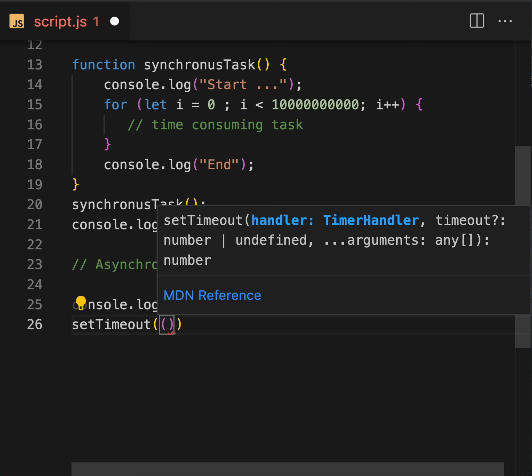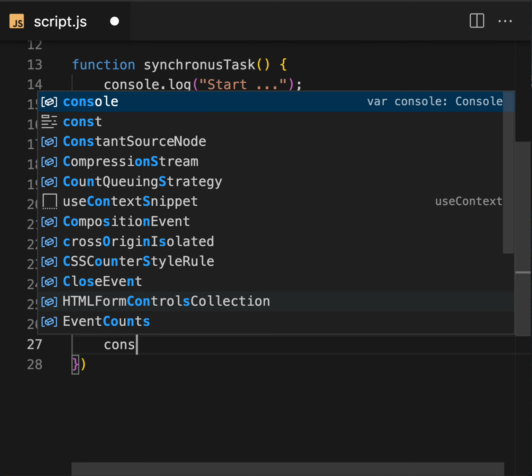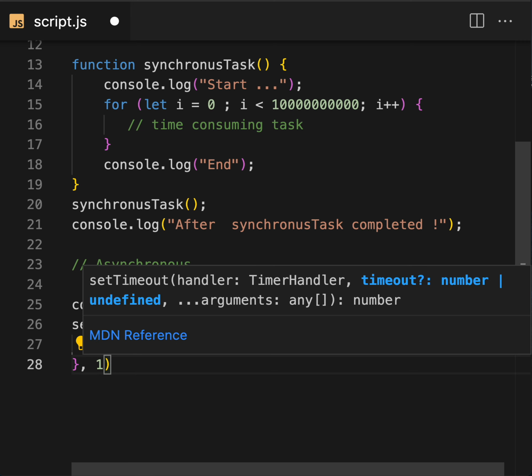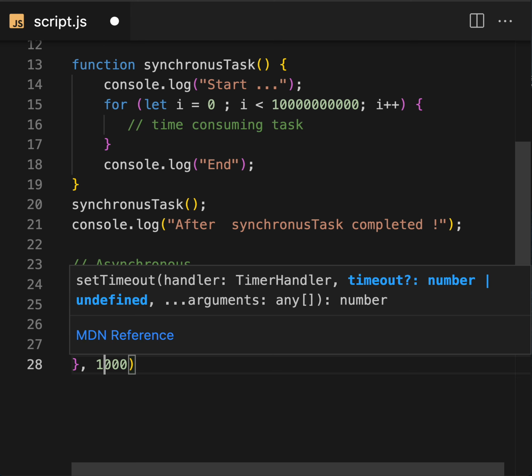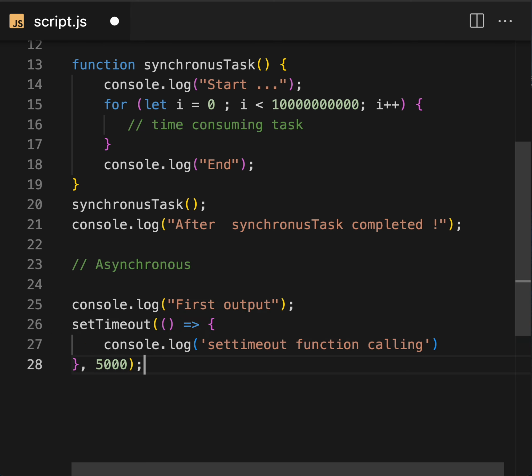setTimeout takes a callback function. In the callback function you can provide anything, like console.log, and in setTimeout you can provide a timer. I'm going to provide 1 millisecond. Let's make it something more, 5 seconds.